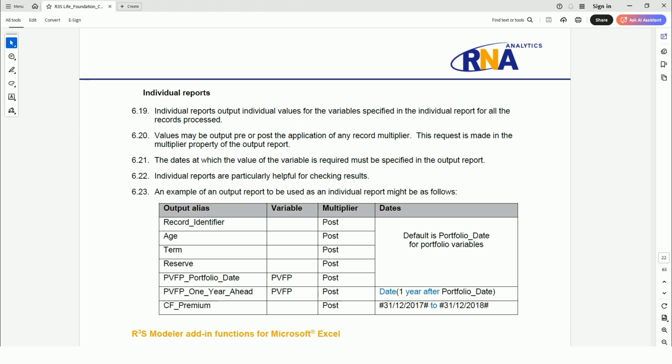Now look at the individual report example included in the delegate binder in section 6 on page 22. Try replicating this example in your workspace and add the output report to the individual report property of each child liability program in the realistic layer before viewing the solution in the next video. Also, make sure you run your model on live mode and check individual model results.